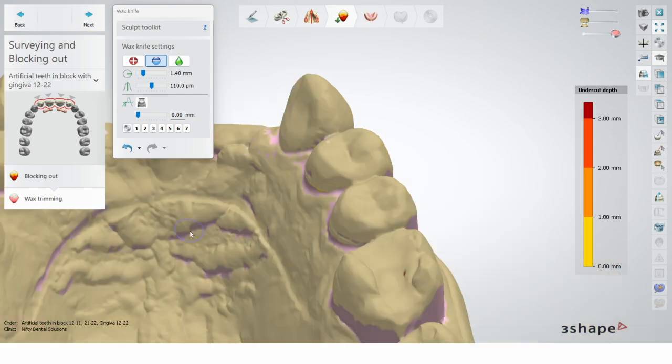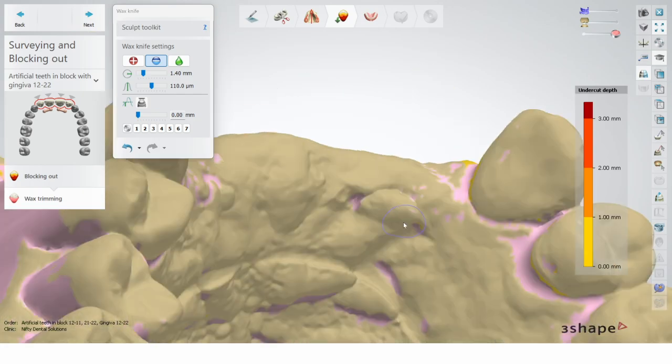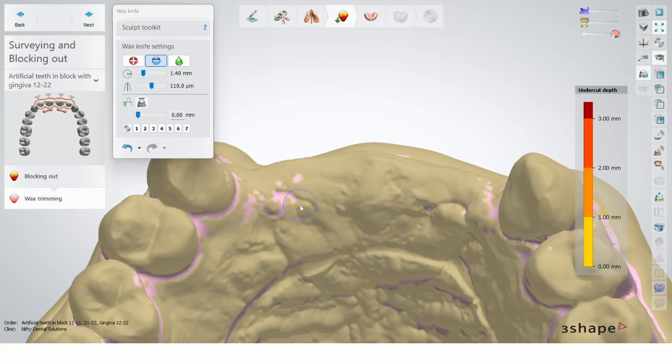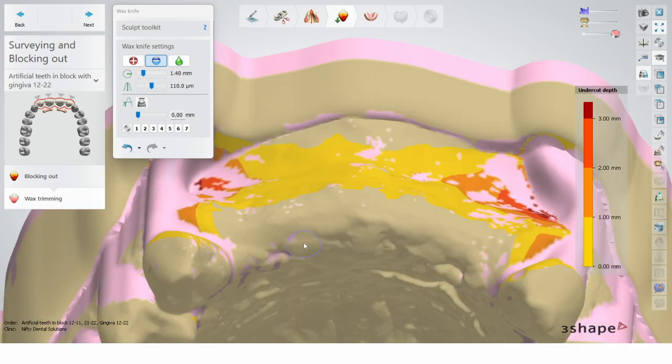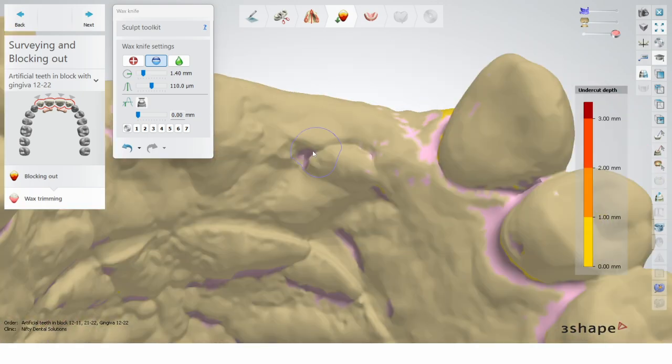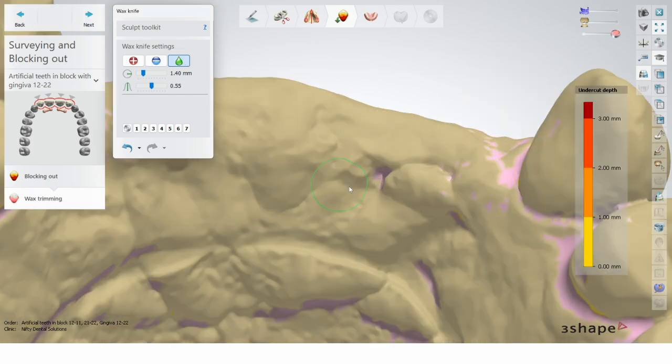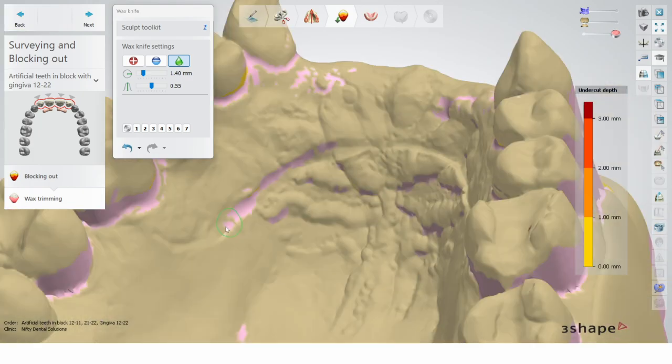Another thing to take into consideration is deep areas, like for example here. As the oral scans are very accurate, sometimes a little notch, a deep area, can create pain and discomfort. So I'm going to block them out. Post-dams as well. In my experience with digital dentures, I don't think post-dams are needed anymore.